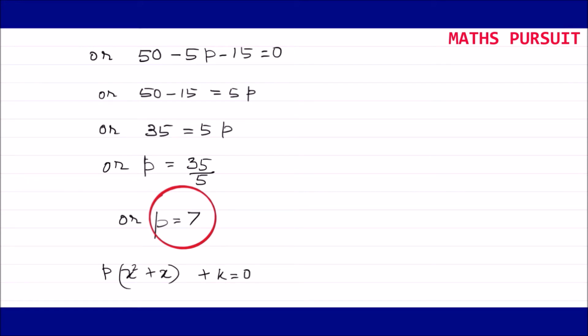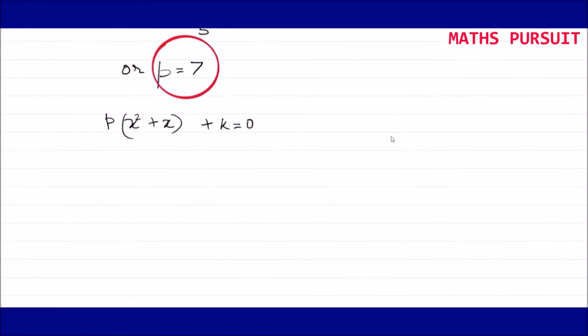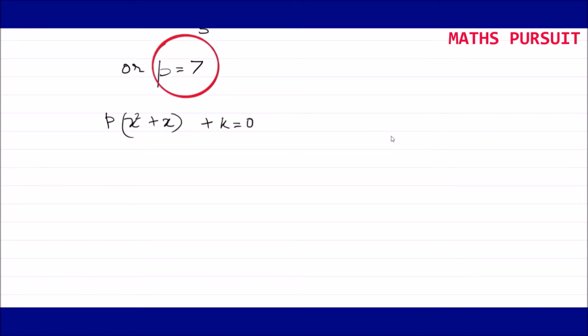Now why did we extract p first? Because if you see here, there are two unknown things: one is p and the other one is k, and another unknown thing is also x. If so many unknown things are there, then it will be difficult for us to solve an equation. So we solved the first quadratic equation and were able to find out the value of p. Now we are going to use that particular value of p in this equation, and move ahead and find out the value of k.